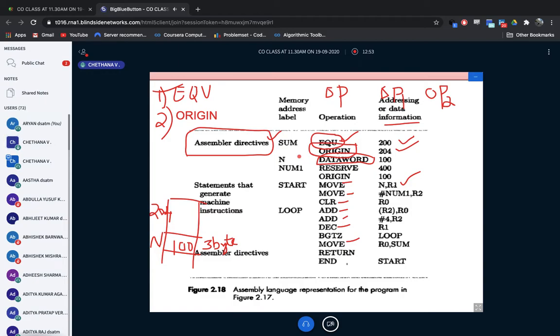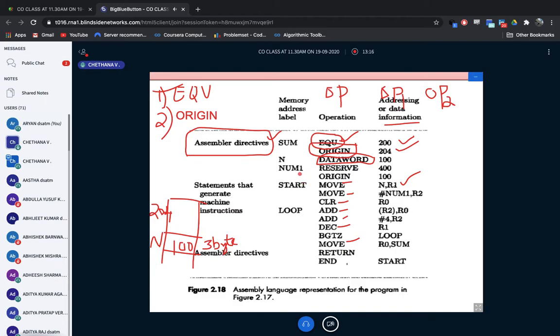In a similar way, N is a data word, and the value I'm going to store inside is 100. Both are the same, equate and data word, but here you're keeping the value 100 along with it, and it should completely hold 3 bytes or 4 bytes.